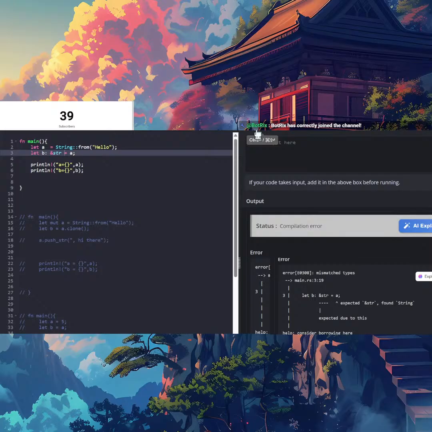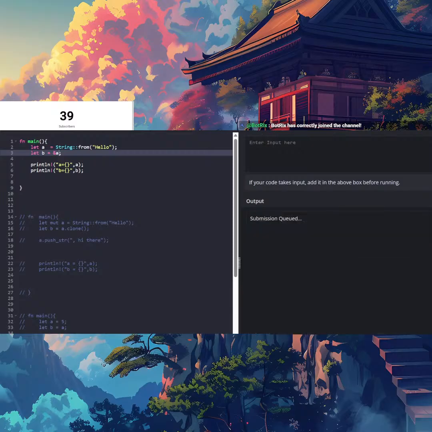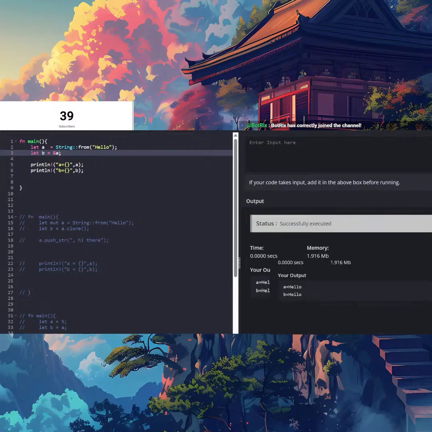Expected &str, found String. So that's going to be a different thing as well. It's really confusing, but still keep in mind with an ampersand and an a, always have an ampersand before the variable, and it works. So please keep an open mind of how it works.